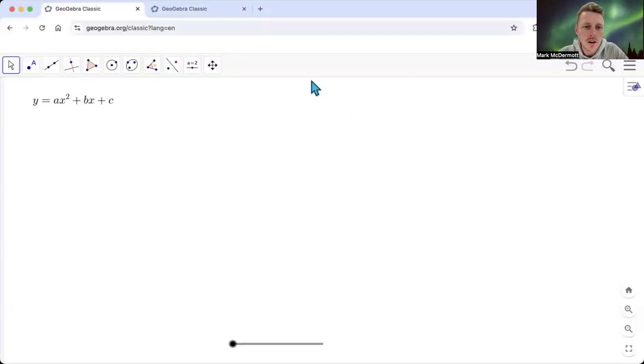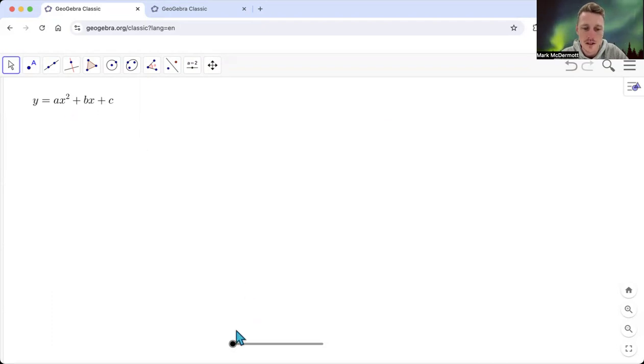So we're going to derive the quadratic formula. I recommend that you watch the previous video on completing the square, because in order to derive the quadratic formula, we basically just need to complete the square on what's called the general quadratic. So let's for a moment think that we've got the general quadratic, which has this form: y equals ax squared